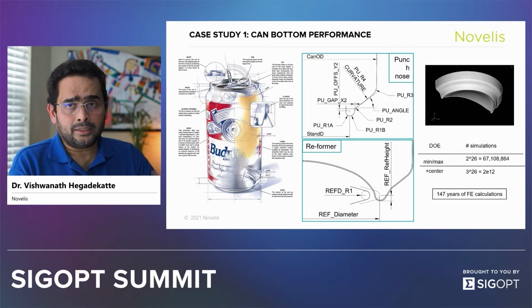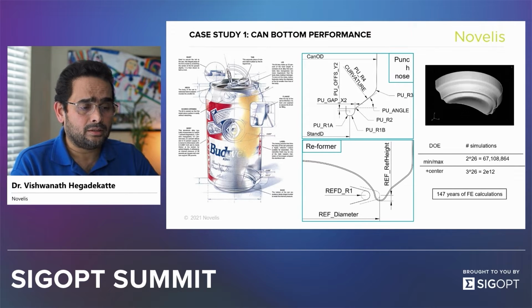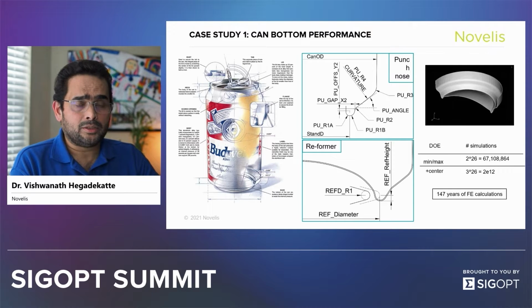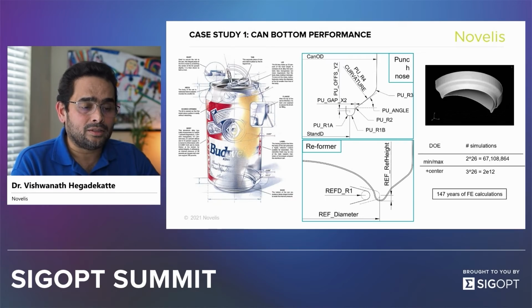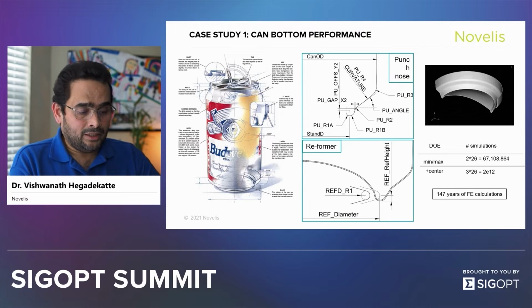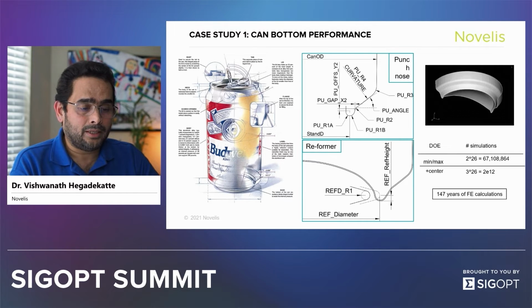The target response that we are after is the best possible dome reversal pressure that is shown in the animation here, the pressure at which the dome actually pops out. The bottom dome of a beverage can pops out. So that is not the way to go. If our aim is to find the best possible design that will give us the highest design of experiment, we actually thought that we should be using a more intelligent way of solving this optimization problem,